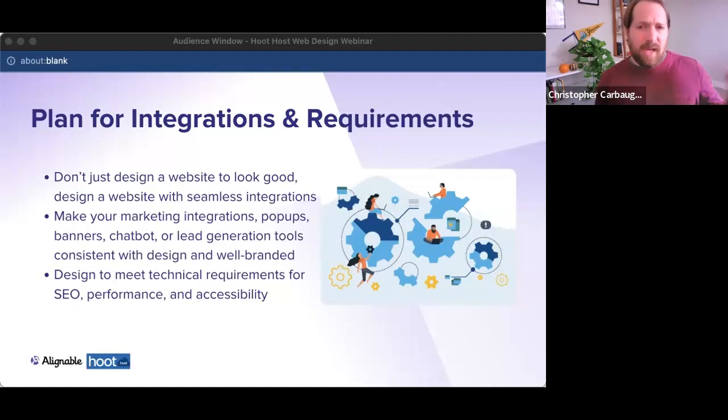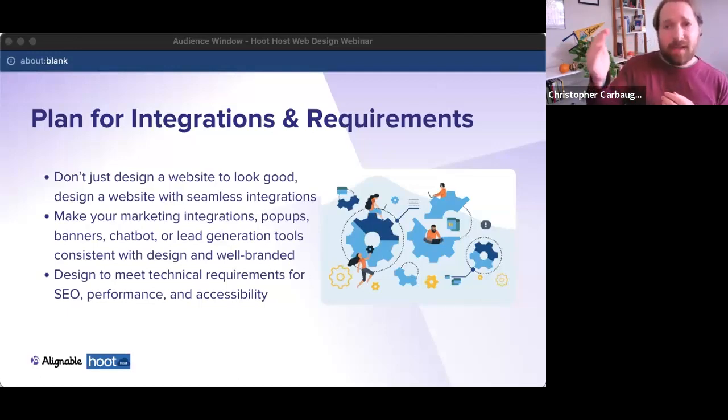You want to always be designing with technical requirements in mind for SEO, performance, and having the site load fast, very important for all of us, right? And accessibility just as much. So number one, you want to follow, there's a reason why templates are put together the way that they are. And there's a reason that web professionals like myself talk about content structure for headlines and your body copy, that it needs to be put together a certain way so that Google will accept it and